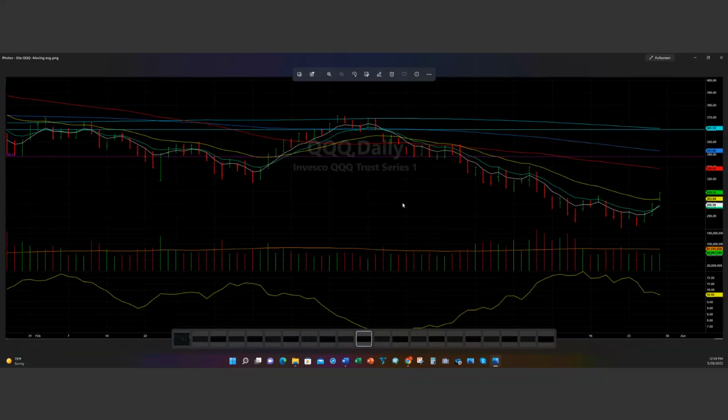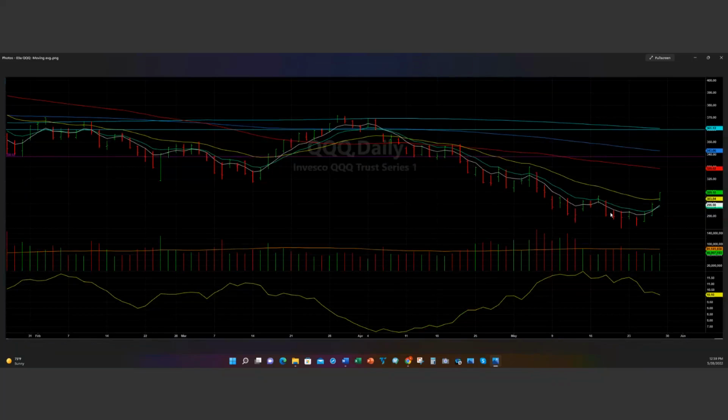Now, this is a daily chart of the moving averages. It looks beautiful, okay? It looks beautiful for right now with the start of this new upswing. You see the 5-day moving average, which is the white moving average line. It has broken above the 9, which is the green. That is our bullish crossover. Look how price is above it, and price just broke above the 21-day